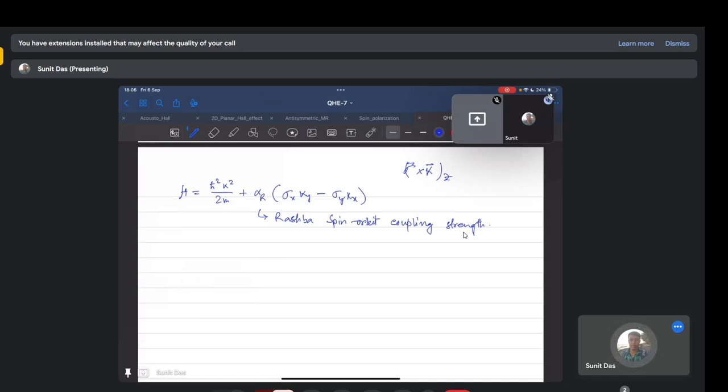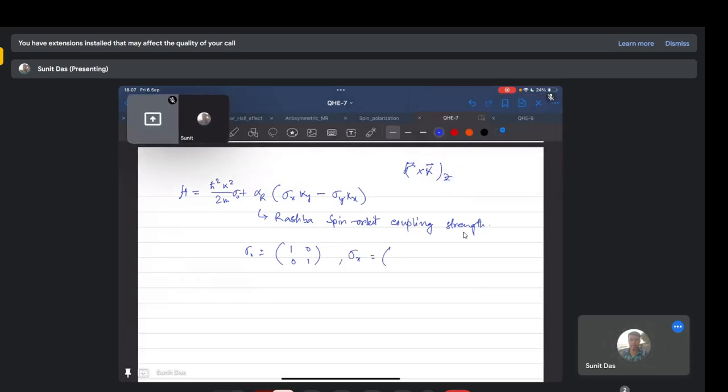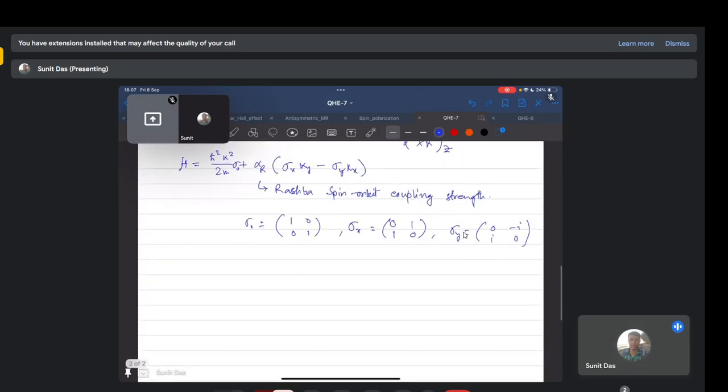Now, sigma 0 here is the identity matrix. So sigma 0 is 1 0 0 1, and then sigma x is 0 1 1 0, sigma y is 0 minus i i 0. So if you write the Hamiltonian in the matrix form, we will have h bar square k square by 2m, and alpha R